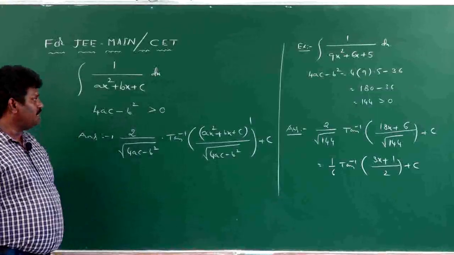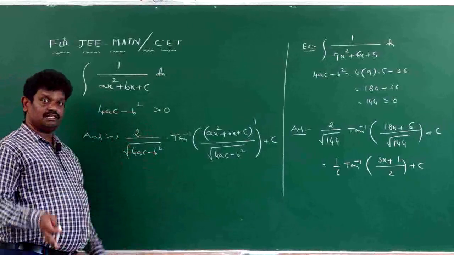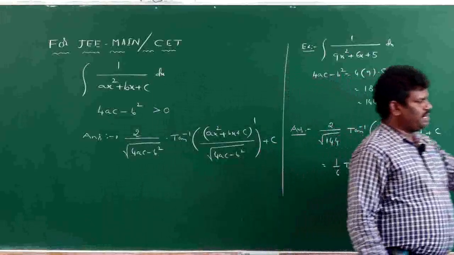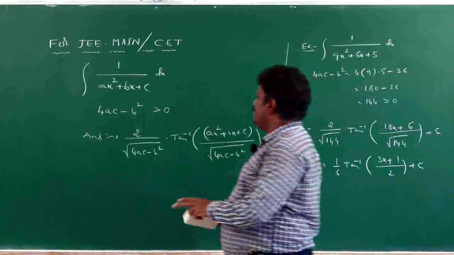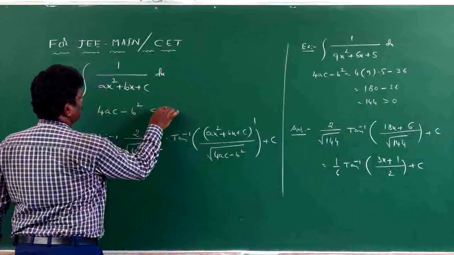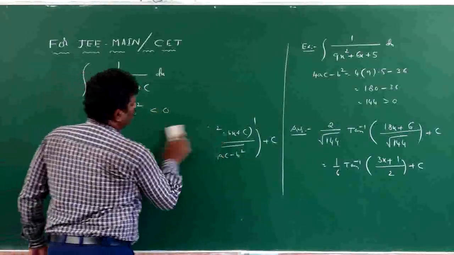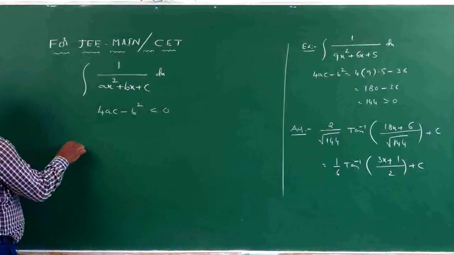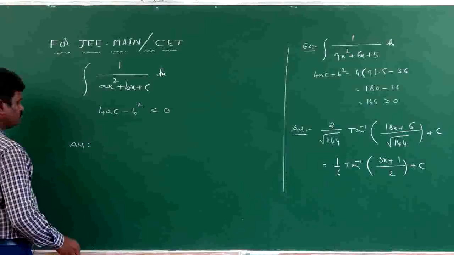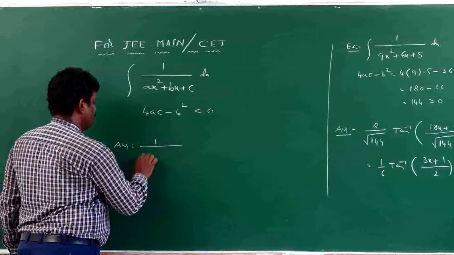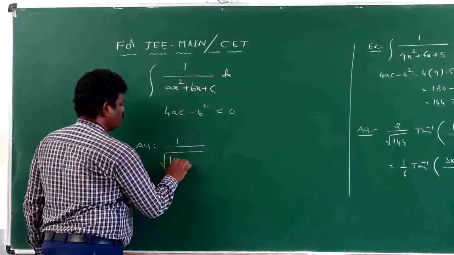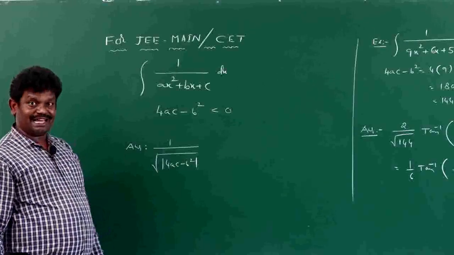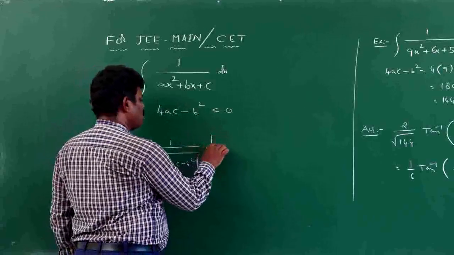Otherwise, if you have a doubt, sir, what if 4ac minus b square is less than 0, how to simplify? That is another process. We take the same type of model. If we get the value less than 0, what is the solution of the given integral? First, from this algebraic expression we get 1 by square root of mod of 4ac minus b square. Why are we applying mod here? Because it is less than 0, a negative value, into log of